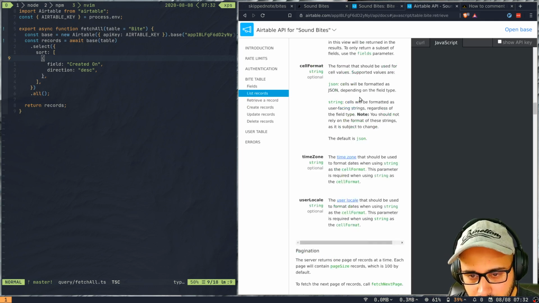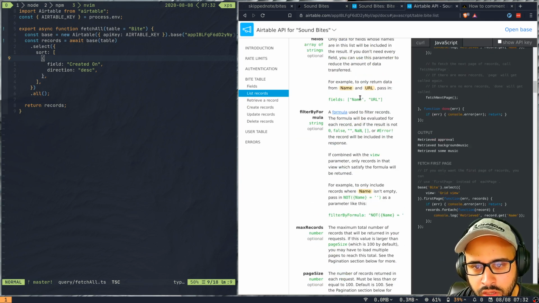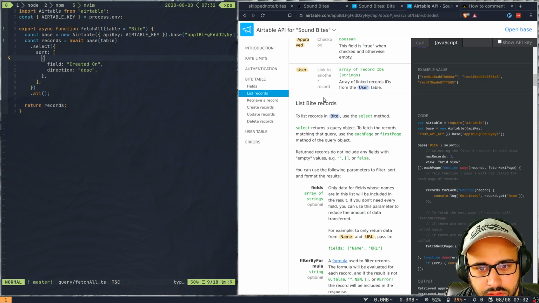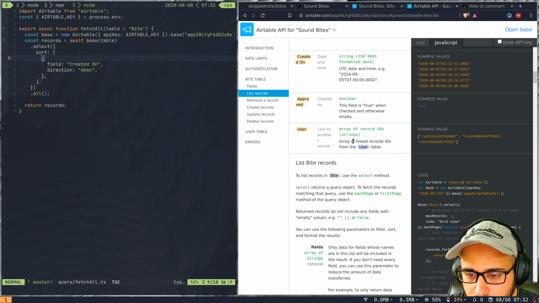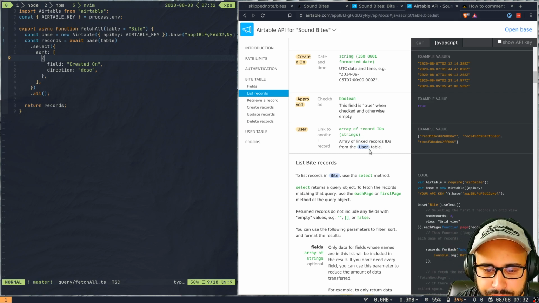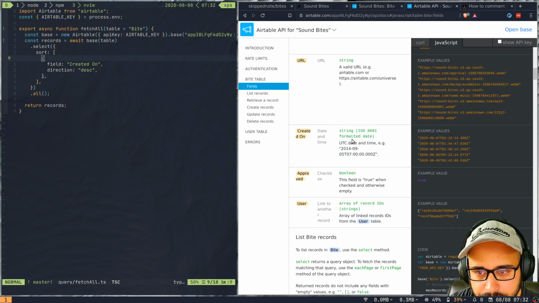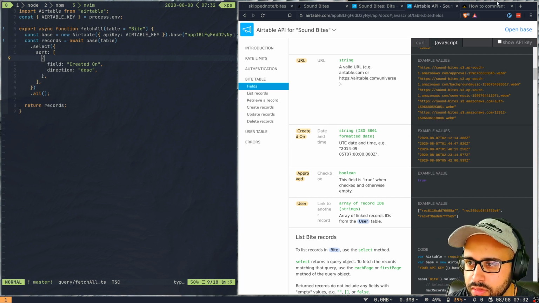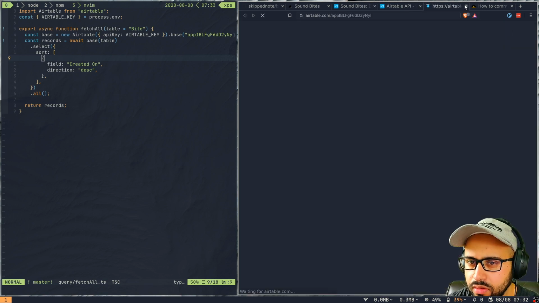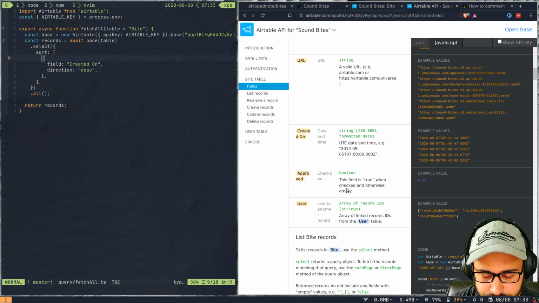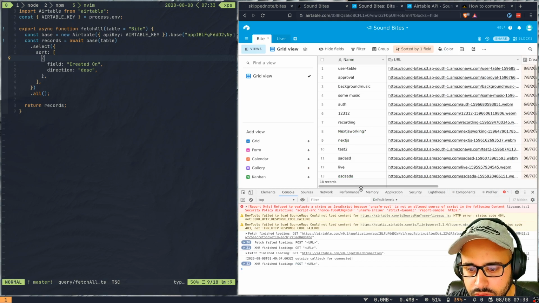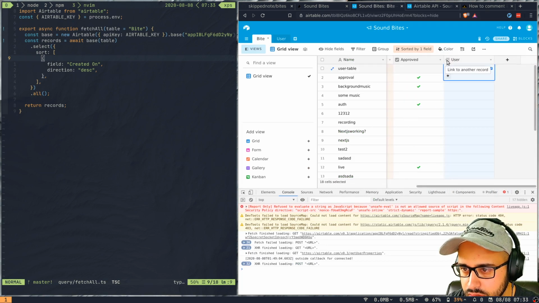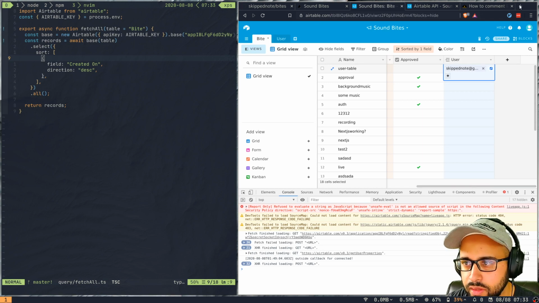Yeah, there's no such thing here where I can pull in further details from this user, right? Links to another record, array of record IDs, it clearly says that, right? So this is the problem. What is open base? It's just a table. Okay, link another record. What is the term for these linked things? Link to another record. Okay, so if we